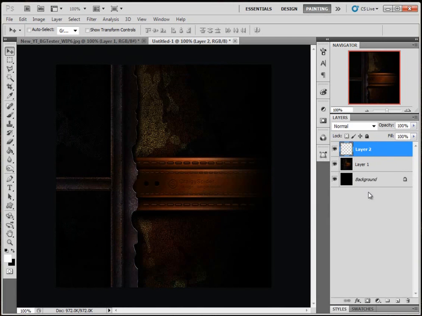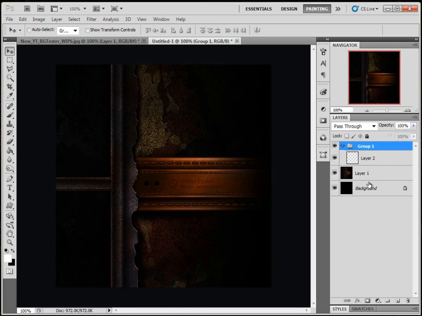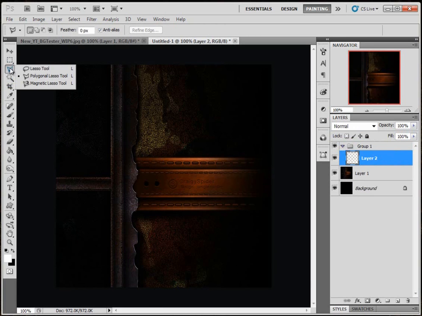Make a new layer all on its own. I'm going to hold down Control and press G to group it, to keep everything in that group what I'm going to make now. Come to my polygonal lasso tool. I'm going to click there. I'm going to hold Shift so it gets a perfectly straight line there. I'm going to click, then I'm going to come round like that, and straight down,